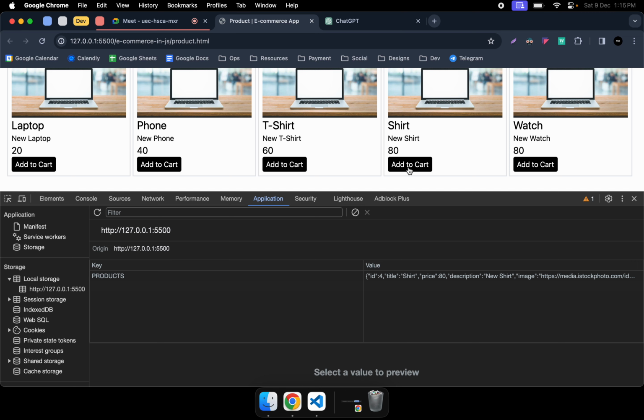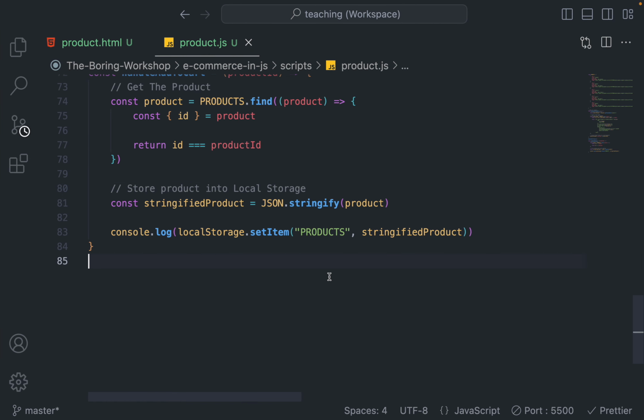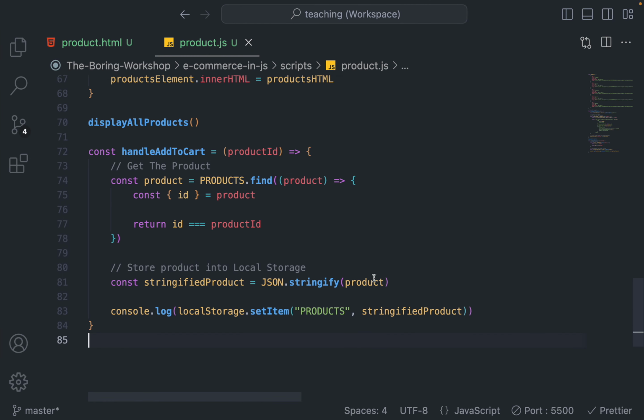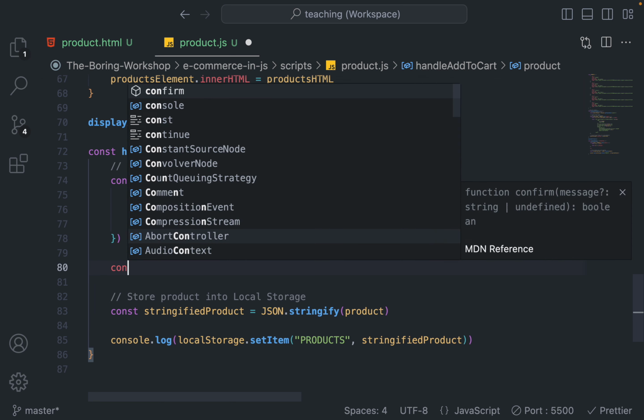Why is it happening? Say for example, we click on t-shirt, add to cart, it got added, third item got added. Now I want to append an element into that cart, but what it does is replace the whole cart. Now how do we fix it? The way we fix it is that we actually have to grab the element first, then append that product into it. So for example, let's say